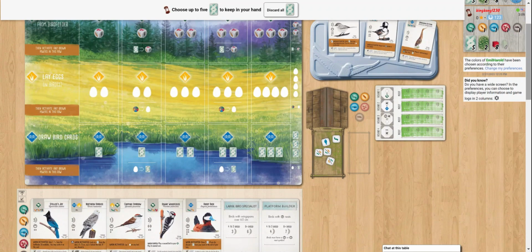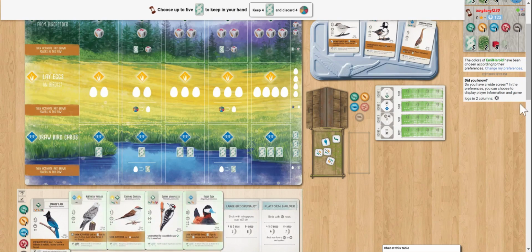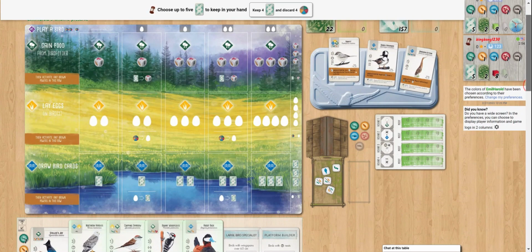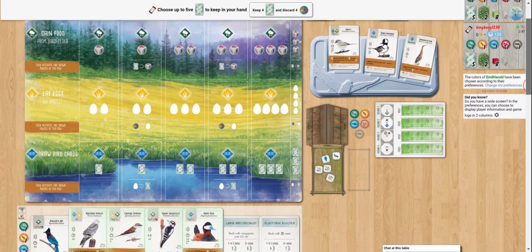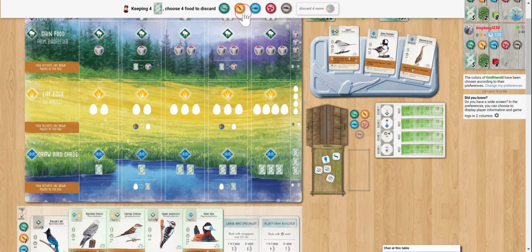We want big birds or stick birds. I'm thinking we do that and pick our stick birds. Starting first. Might not be an egg heavy enough game for the bush tit, but it would be good in our